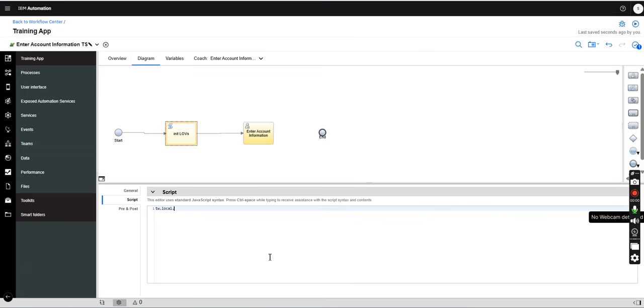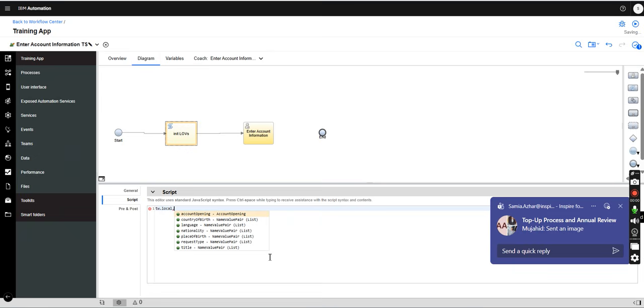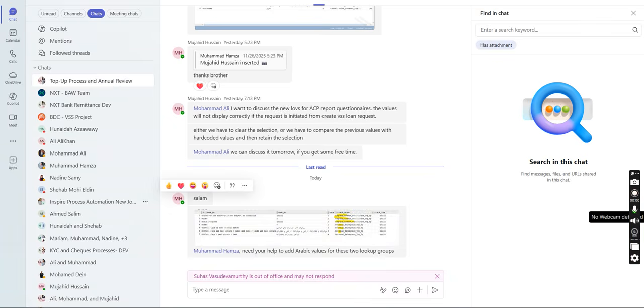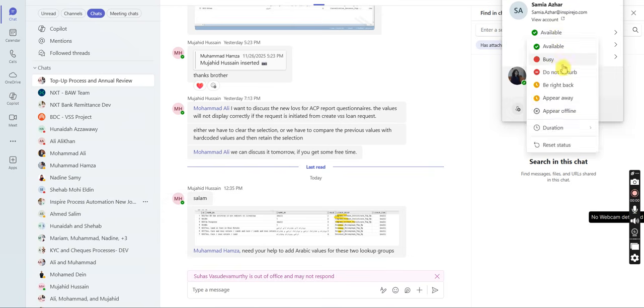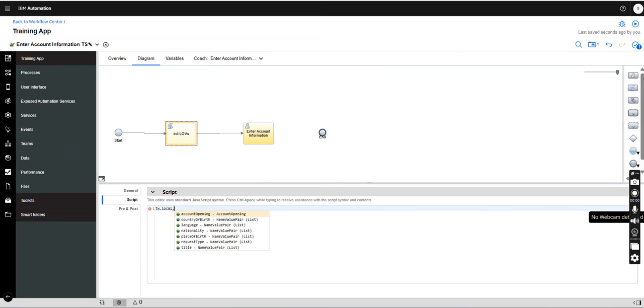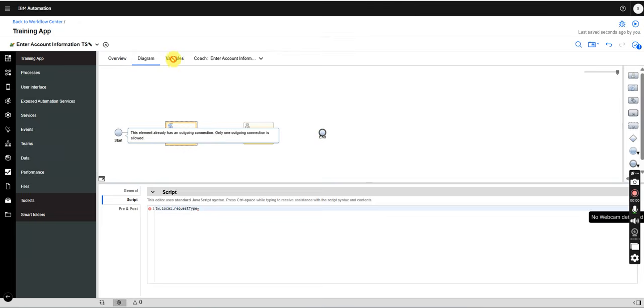We say tw.local dot. IntelliSense can be used: we press dot and then we press Control and Space, and it will keep showing this. Okay, Control and Space. So we are going to do tw.local dot title. Sorry, let's do request type first is equal to,